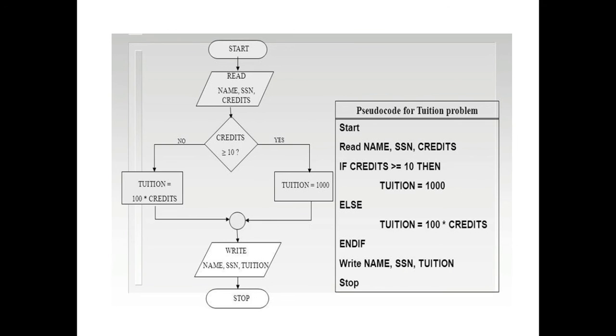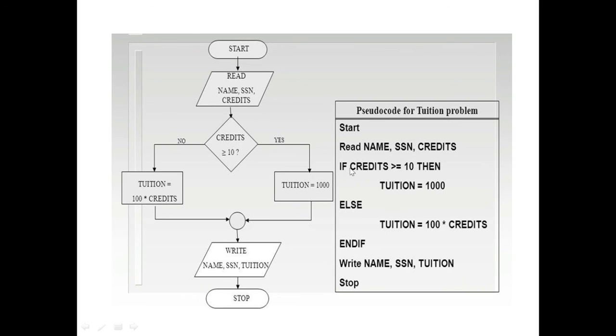And there I have written the name of the student, his SSN number or it could be his roll number, and his tuition fees that your particular application has just calculated. Okay, and inside the pseudocode also you can see I've used the write keyword here and the names of the variables whose values you want to output.